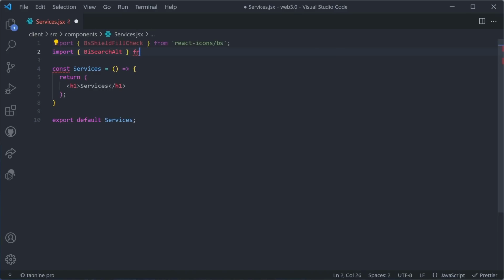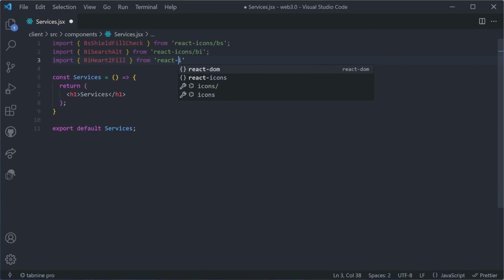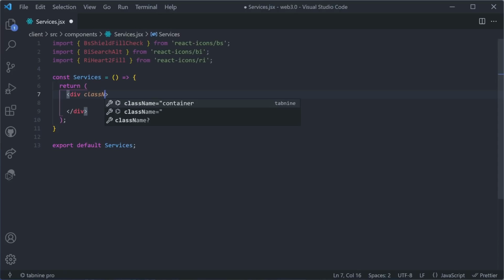And this is coming from react-icons/BI. And the last icon on our list is import RI heart 2 fill, and that's from react-icons/RI. Now for our services, let's simply create a div, and this div is going to have a class name